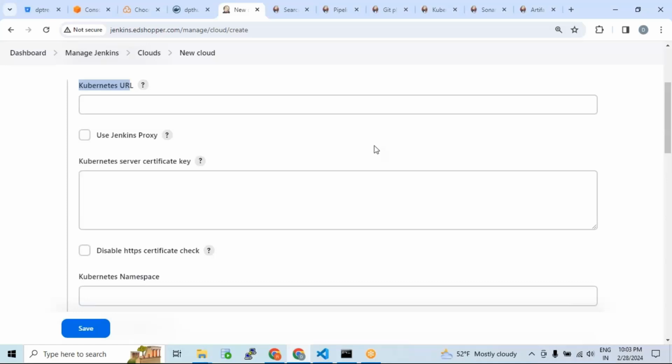It is possible. Let's say the Jenkins master pod is running in one cluster. The Jenkins slave pod can be created in a different cluster as well, possible. That is the reason it is asking for the Kubernetes URL. If you are expecting the slave to be created in a different Kubernetes cluster,